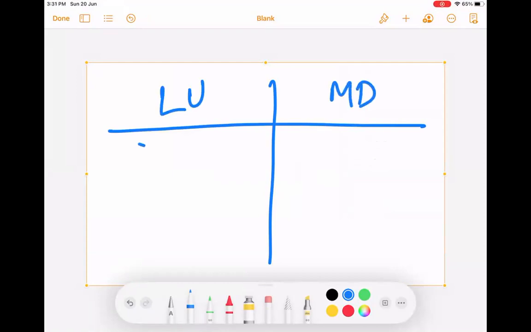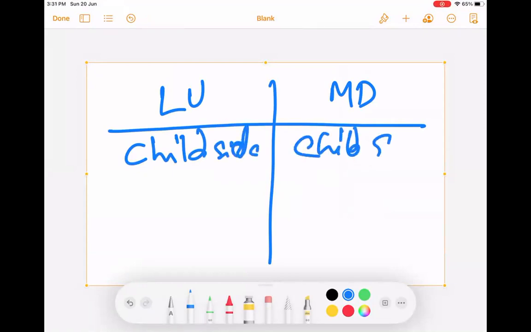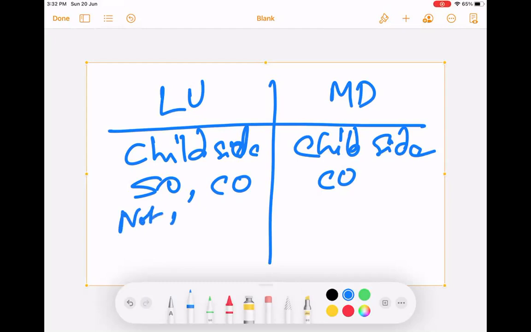Both of these fields need to be created at the child side. Lookup can be created on standard objects and custom objects. Master detail can only be created on custom objects. Lookup is not mandatory by default. Master detail is mandatory by default.